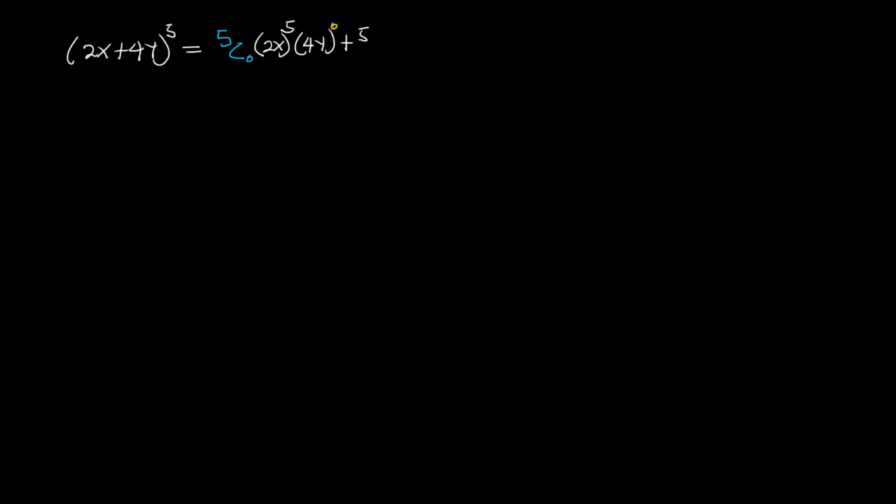plus 5 combination 1 multiplied by 2x raised to the power 4 times 4y raised to the power 1, plus we have here 5 combination 2 times 2x raised to the power 3 multiplied by 4y raised to the power 2